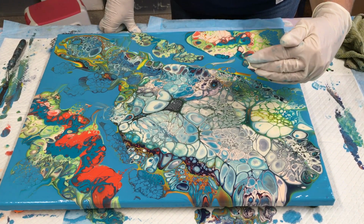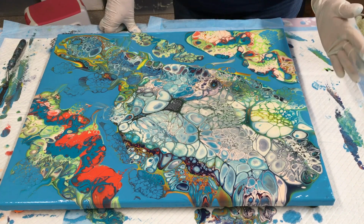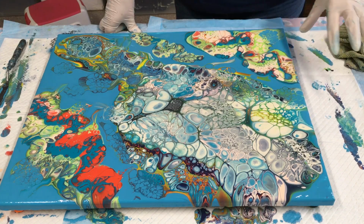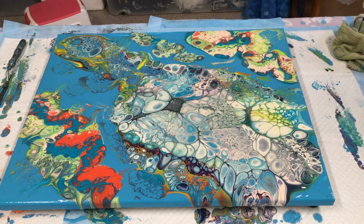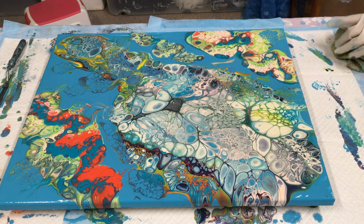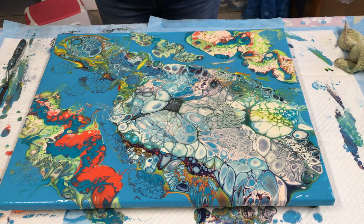Because this mix is a little bit thinner for this particular technique, they are moving off the canvas, which I like, because that's what gives it a ghost effect on the negative space. But I'm quite happy with that. It's really bright, cheerful. I'm liking it. Okay, well, another little one for you to try. I have done quite a few little videos today, more instructional videos for beginners or just learning a different technique. But that's my negative pour